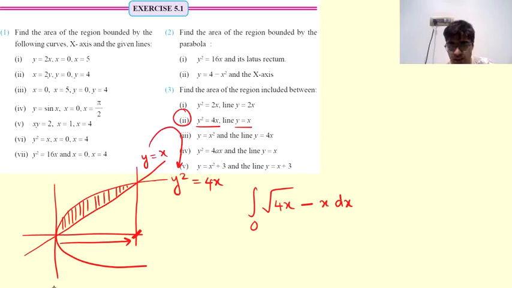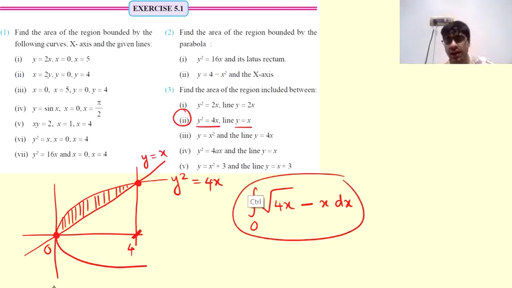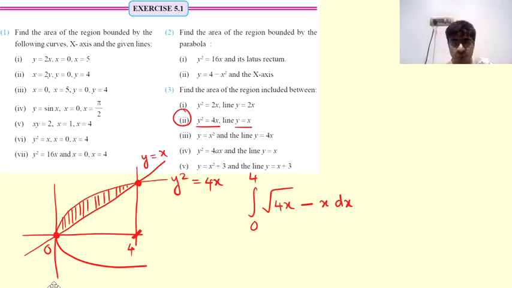The point of intersection will be obtained when we solve the two curves simultaneously. Let's put y as x in the equation here. So we get x square equal to 4x. So either x will be 0, or if x is non-zero, you can cancel x on the left and right and claim that x will be equal to 4. So one point of intersection here has the x coordinate 0, which is the origin itself, and the other point of intersection, that is this, has the x coordinate as 4, so the number here is going to be 4. Okay, so for the required area, integration will be done from 0 to 4.